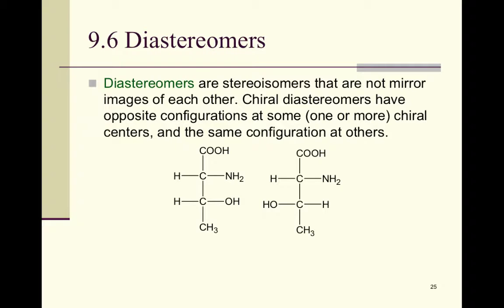Here we have an example of 2 molecules where there's more than one chiral center, so we're going to get some practice with that. Again, this being a Fischer projection, anything on the horizontal is coming at you, and the verticals on the ends are going away from you. Assign R or S to each chiral center. I'll do the first one with you, and then you can pause the video and do the second one and